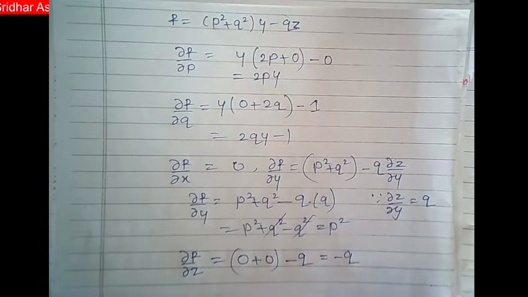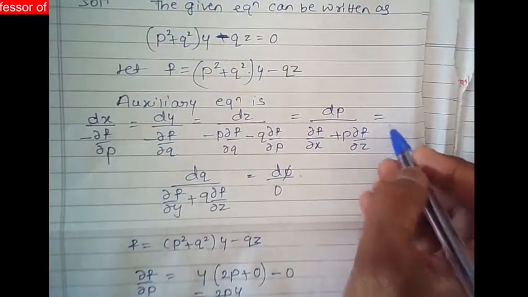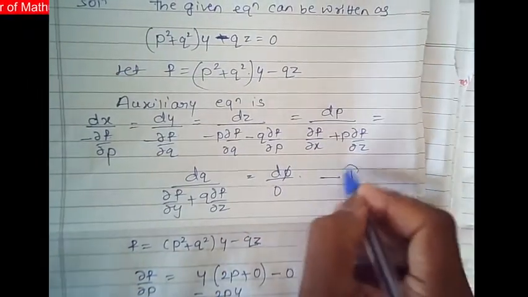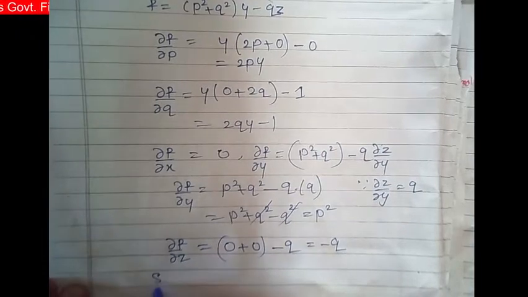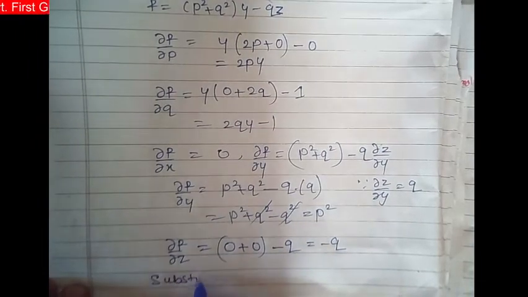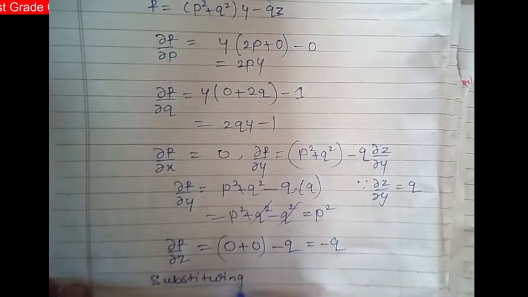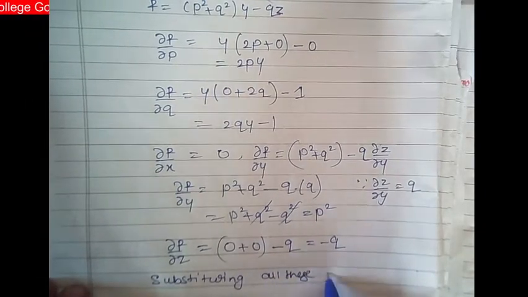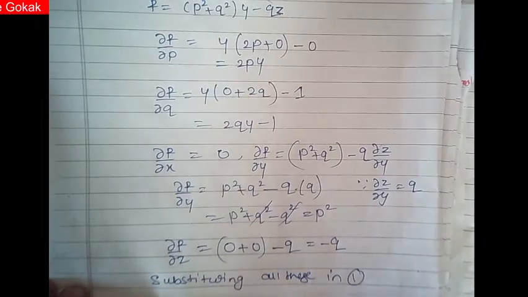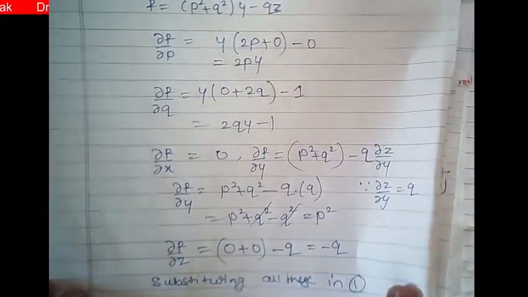Okay, so this is all we have determined now. Now substituting all this, call this equation as 1. So this is auxiliary equation, call this equation as 1. Now substituting all these in 1, okay. So we obtain,